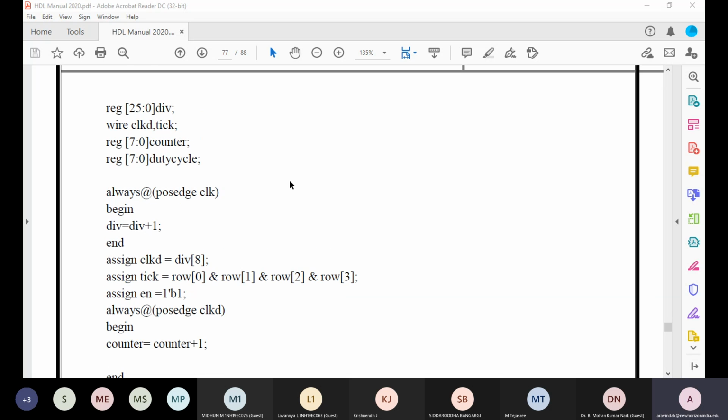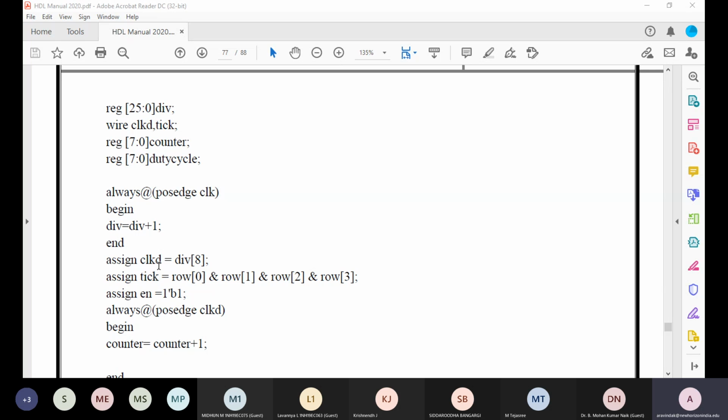So why are we doing this? Because our load is an inductive load. Our clock frequency is in megahertz, so the response of the FPGA kit is in microseconds. Whereas the DC motor or stepper motor, they are inductive loads. They will not respond to microsecond pulses or signals. They will respond to millisecond and second signals. So our clock is of higher frequency, and we want to make it much lower frequency so that the motor will respond to our signals.